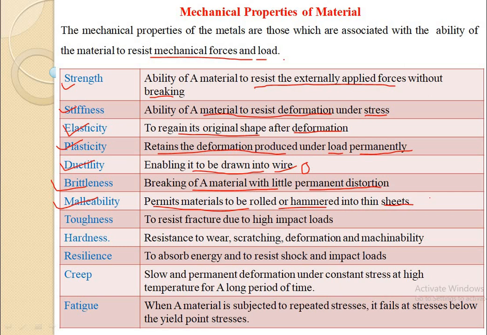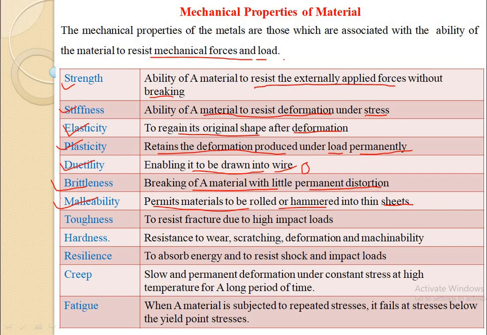A malleable material should be plastic, but it is not essential that it be strong. The malleable materials commonly used in engineering practices are lead, wrought iron, copper and aluminum. From these materials we can hammer and form thin, plain sheets. That's why we say this material possesses the property of malleability. That means the material has the ability to form thin sheets.